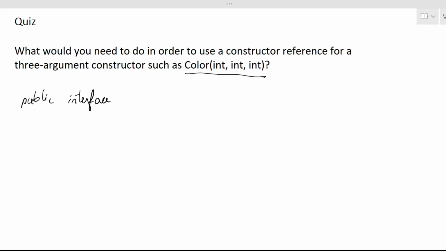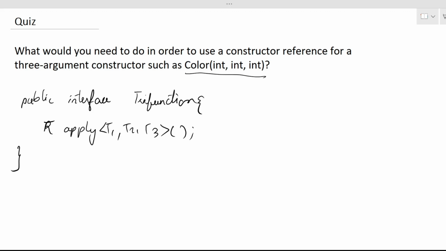So instead of not using the constructor references, what we can do is create a TriFunction. Here we will have the return type R, and then it will have the apply method with the 3 arguments which we will be passing. Now we can use the constructor reference. So TriFunction,